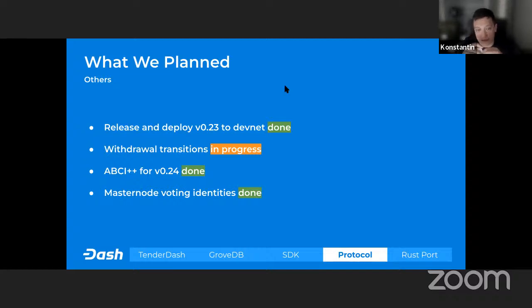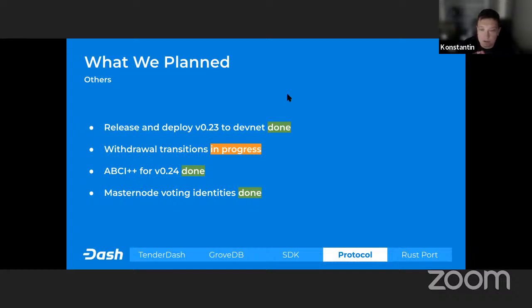ABCI++ is the further improvement of the ABCI protocol, which is used by the latest Tenderdash. So we moved from ABCI to ABCI++ in JS Drive to support the latest Tenderdash. This is what we've done at the moment.